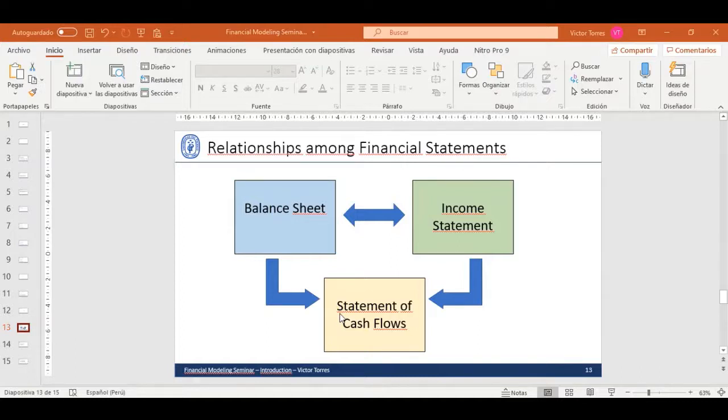But obviously, all the accounts receivable, accounts payable and inventory, which is the working capital in your balance sheet, is going to be affecting your statement of cash flows if we are using the indirect method, which is the most common way to present the statement of cash flows. The interest expense that we just discussed is going to be in the income statement. Considering if it has been paid in the balance sheet, it's going to flow into your statement of cash flows. Any capex that is going to be incorporated into the statement of cash flows